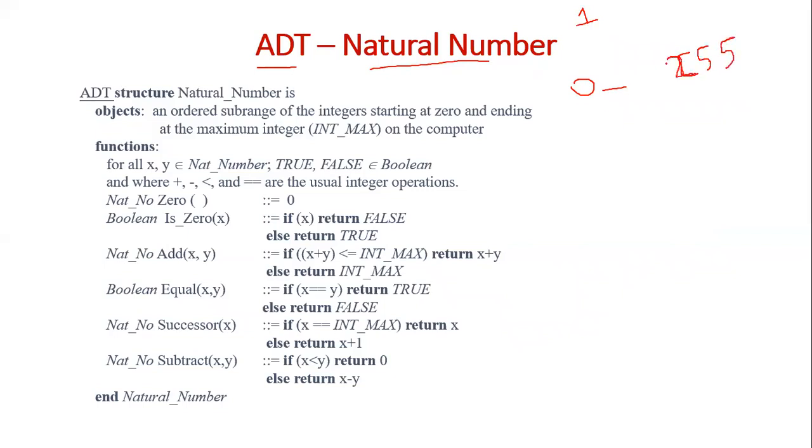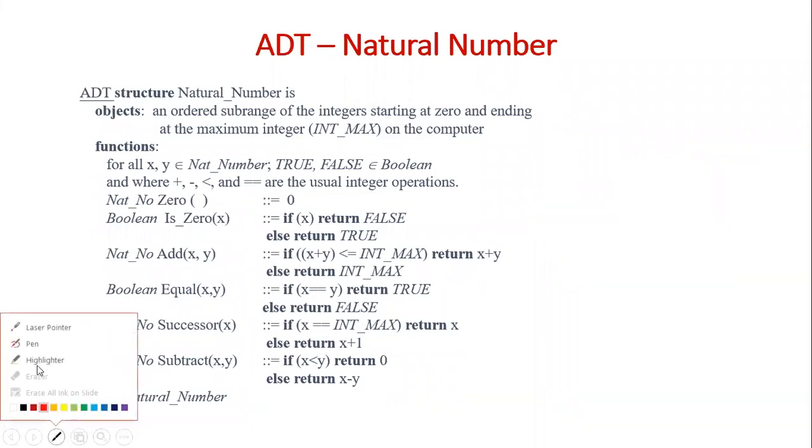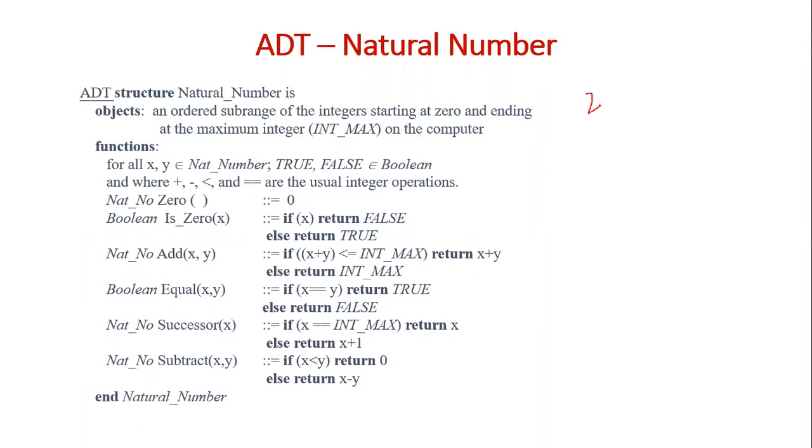Okay, so if you allocate 2 bytes for natural numbers, that is 16 bits, okay, then maximum you can store 2 to the power 16 values, okay, that is from 0 to 2 to the power 16 minus 1. This many values you can store. Okay. This is the range.